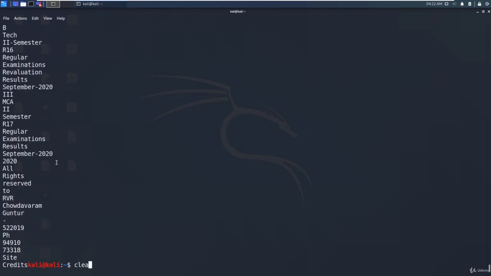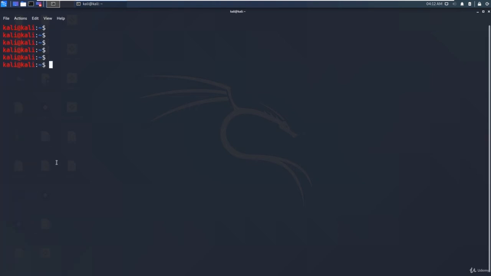So what if you have multiple HTML files? You would need to loop over html2dic for every HTML file, but that's a very time consuming and tedious process. So there is another tool called cewl, or seal. You can call it whatever you want.